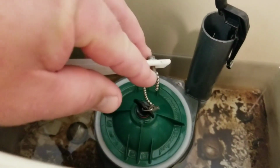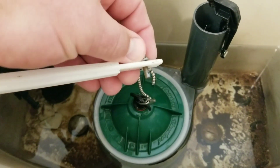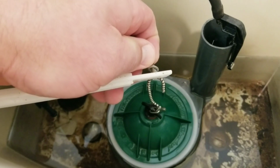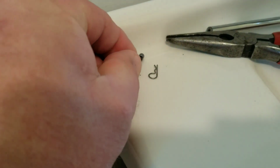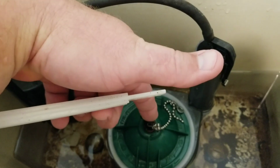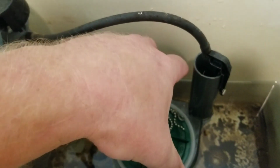So I've removed our little cotter pin with the needle nose pliers. Now we can take this brass pin out, and it's not attached to the chain, so be careful with it. Don't drop it, and you won't be able to fish it out with a magnet because it's brass. So we'll set that somewhere safe up here with our cotter pin. Now our chain's broken loose, and we will turn this. I've already loosened this up, so you'll turn this counterclockwise, and then we'll be able to remove the cap and